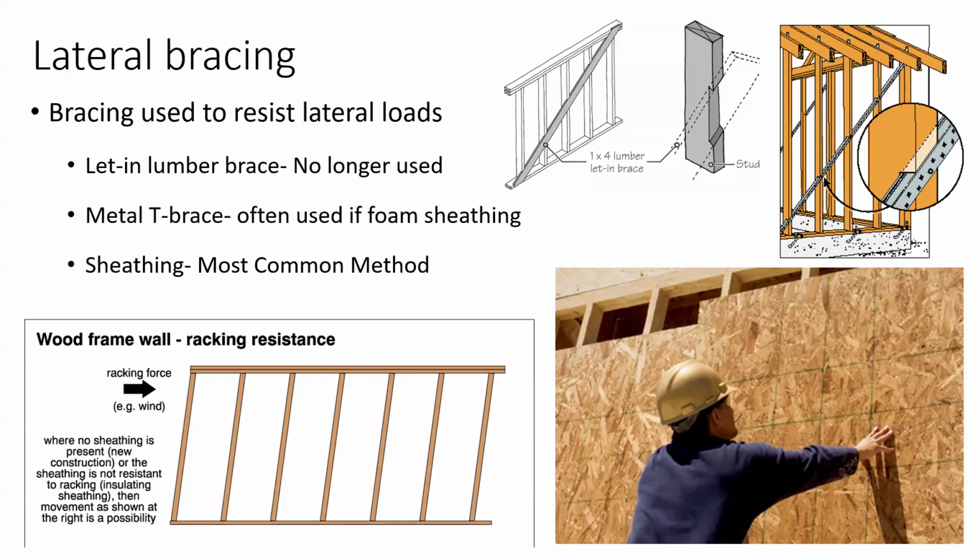So the OSB or the plywood sheathing on the outside acts as a shear panel. And that's the most common way to keep your house stable in a high wind. The code requires 20 pounds per square foot load coming horizontally, blowing on the face of your house. Okay, so every square foot of your house, somebody's pushing on it 20 pounds, and that wall has to